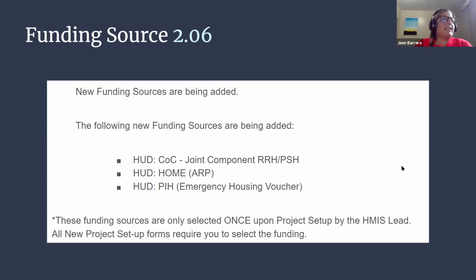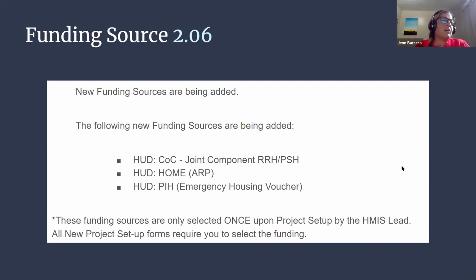So the first change, and again, this is not something that the end users are going to see. This is just something that all of you program managers and agency managers need to know: HUD is adding 3 new potential funding sources for your project funding source. This is related to how projects are set up. When you get a new award, you submit a new project setup form and there's a list of potential funding sources and you have to check it off. This is adding to that list.